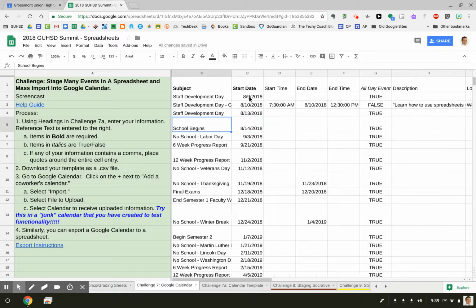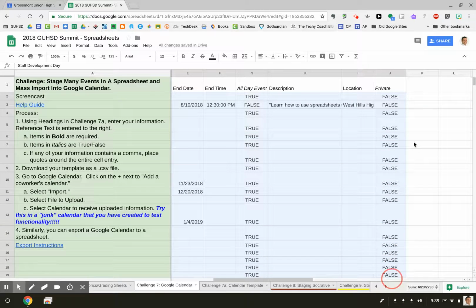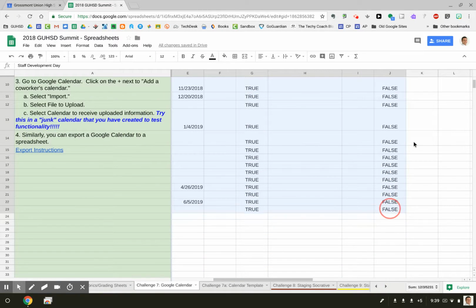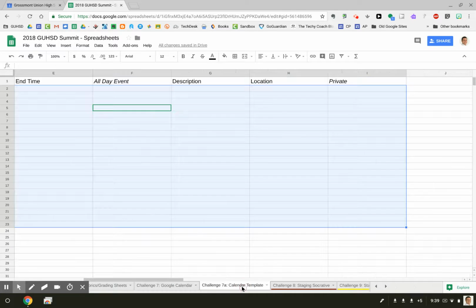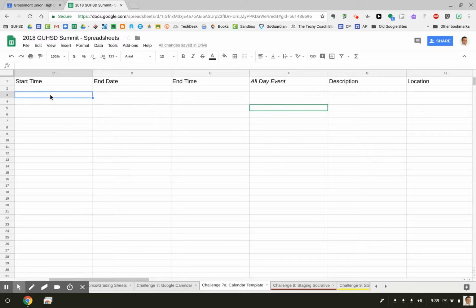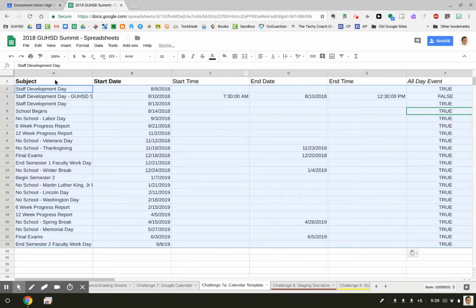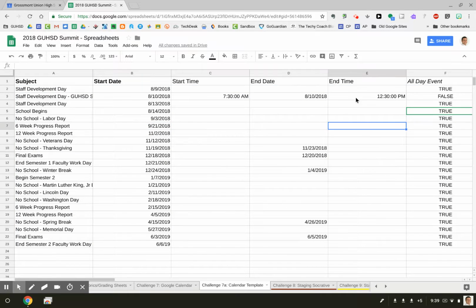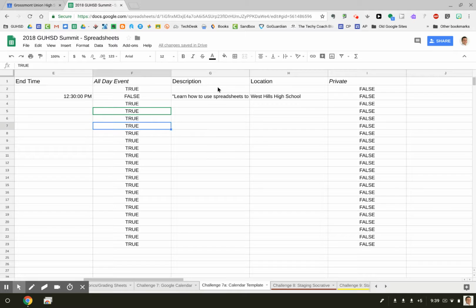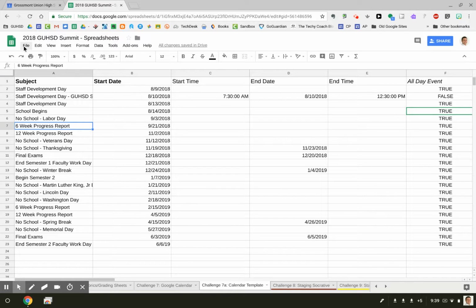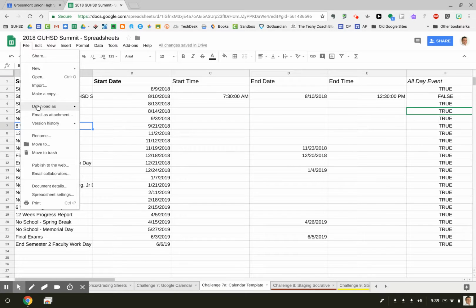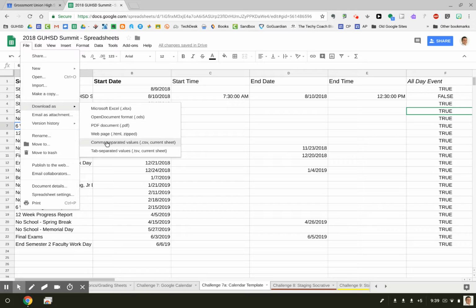What I'm going to do right now is copy this, just so you can see how it looks. And then I'm going to move on over to challenge 7A and paste it right on in. So what you can see a little bit better and unencumbered is how the subject would look, how the dates would look, times, and what have you. And once I'm happy with the way that it is, I'm going to go File, Download as, CSV, or comma